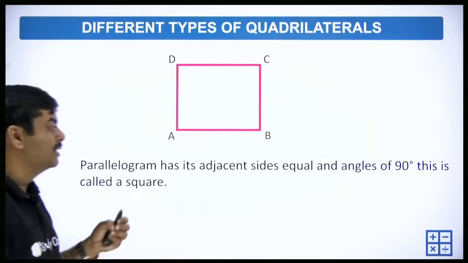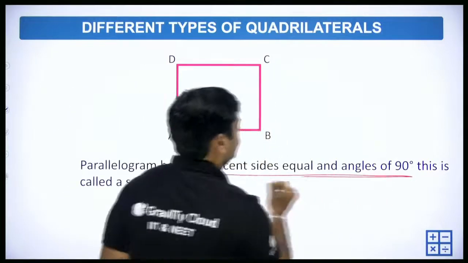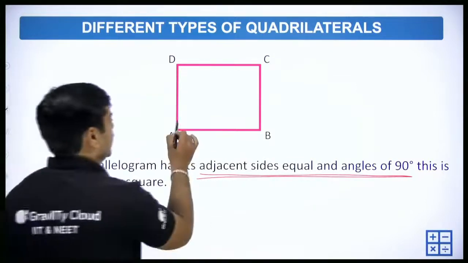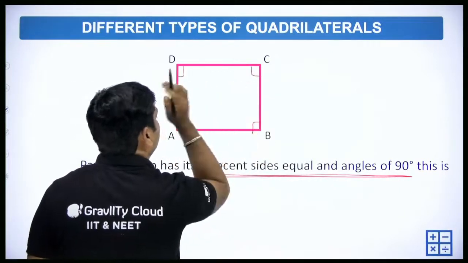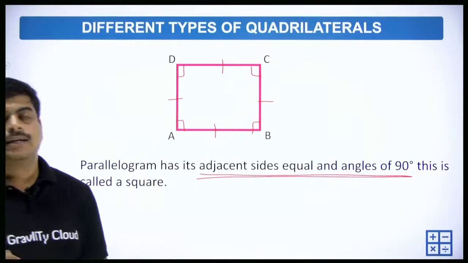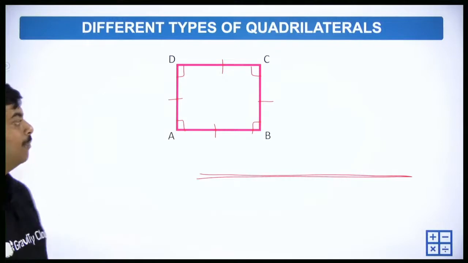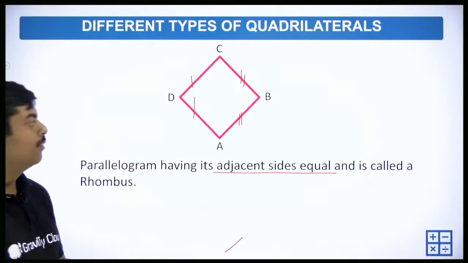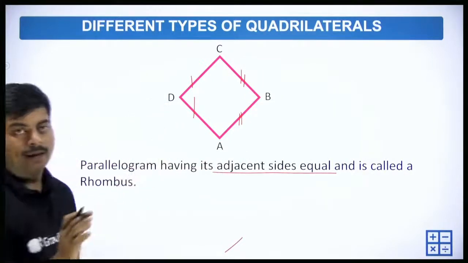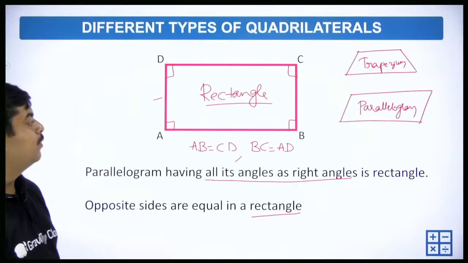A parallelogram that has its adjacent sides equal and angles of 90 degrees is called a square. So this is a right angle, and all the sides are equal. Then we can say that it is a square. What is the difference from the before case? When we discussed a rhombus, all the sides are equal, but the angles are not equal to 90 degrees. Whereas in the next structure, the square,